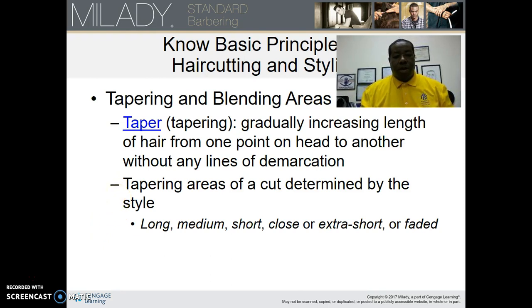So we talked about how tapering is very important because when you go to take your state board exam, you're going to have to use different tapering techniques. You're going to have to do tapering techniques with a guard at some point on the head and without a guard on other parts of the head. So being able to taper not only with just the clipper with no guard, the clipper with the guard, the clipper with just the comb, using your shear and your comb technique is definitely something that's going to be very